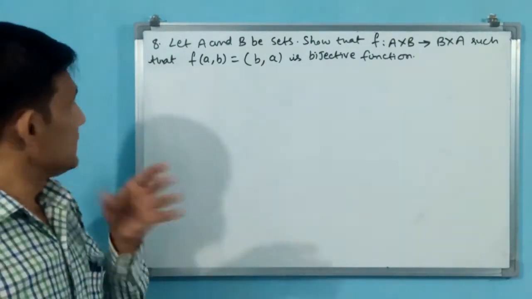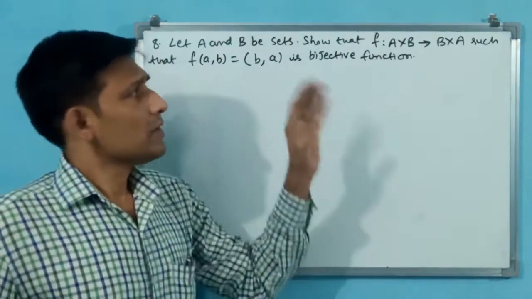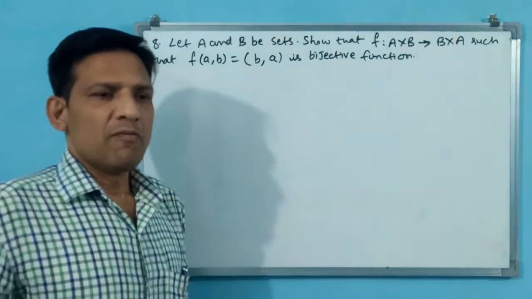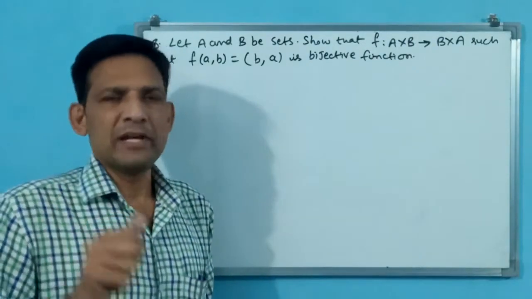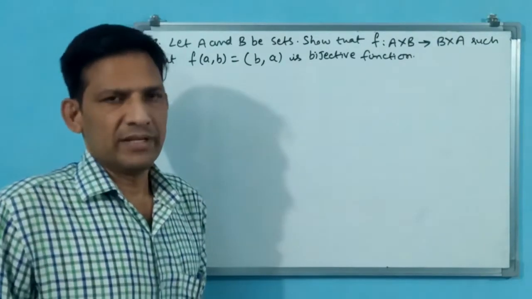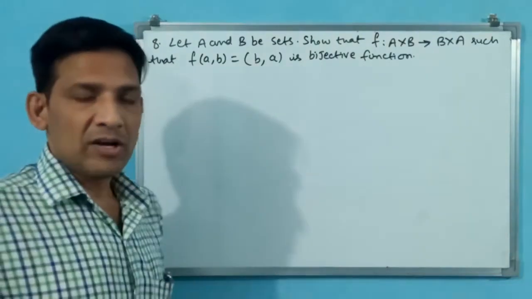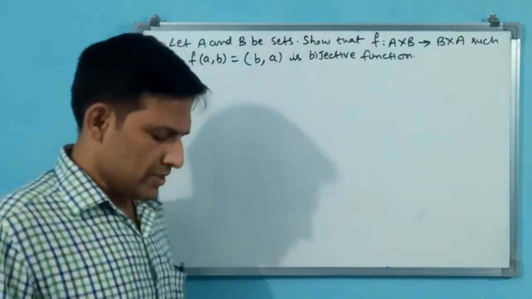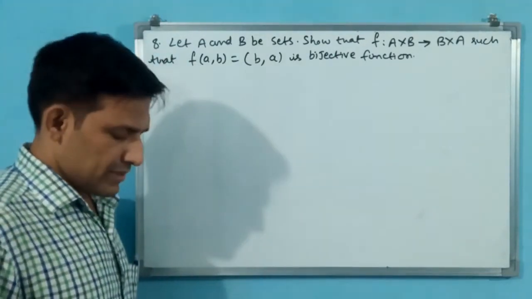See, if you find such type of problems, set A, set B, we have to design. Why? Because it has not yet been given. While designing the set, you take as minimum a number of elements. Why? Because that will be easy for further proceeding. Let us see how I am taking. First, let me draw A cross B and B cross A and the function also. Then we will draw the arrow diagram. Then only we come to know whether this is a one-one function or not.